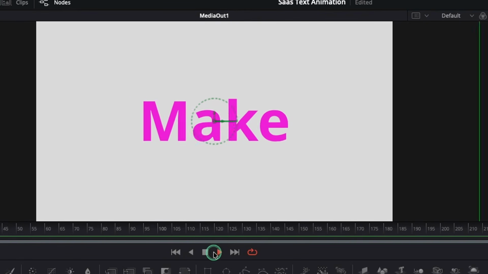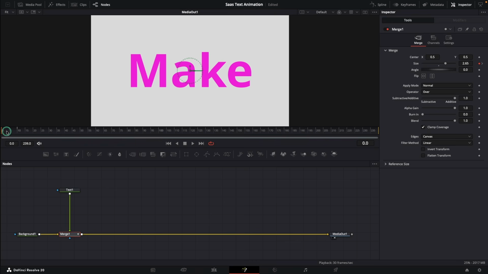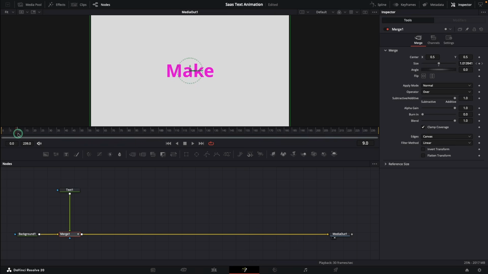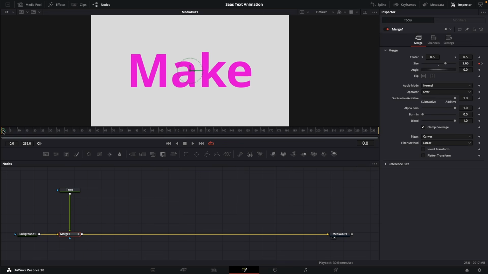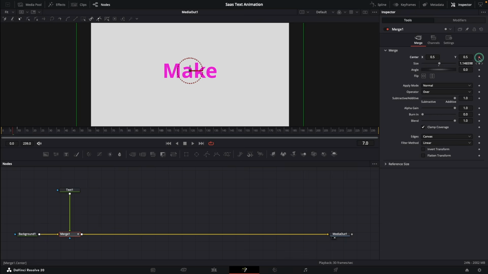Now I want this text to slide left after the zoom out. Now notice this, the zoom out animation ends at frame 10. If I start the slide animation after frame 10, the motion will feel stiff and disconnected. So instead, I'll start animating the center X before the zoom out finishes, maybe around frame 7. So at frame 7, I will keyframe the center, move forward about 10 frames, and slide the text to the